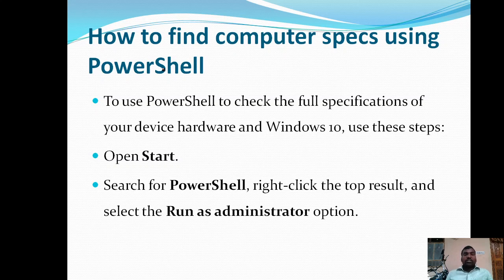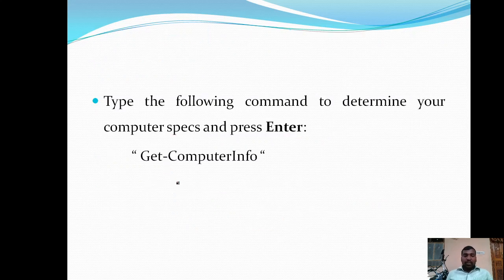To use PowerShell to check the full specification of your device hardware and Windows 10 details, open PowerShell from the start menu. Click on the start menu and type PowerShell in the search bar. Right click on the first top result and open this PowerShell application with administrative privileges. After opening it with administrative privileges, enter this command,